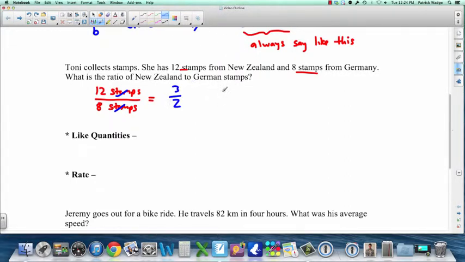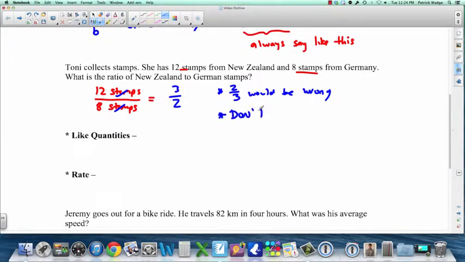Okay, 2 things to note about this. 1, 2 over 3 would be wrong. Why is 2 to 3 wrong? Because 2 to 3 isn't the ratio of New Zealand to German stamps. It's the ratio of German to New Zealand stamps. So order is important with ratio. The other thing,